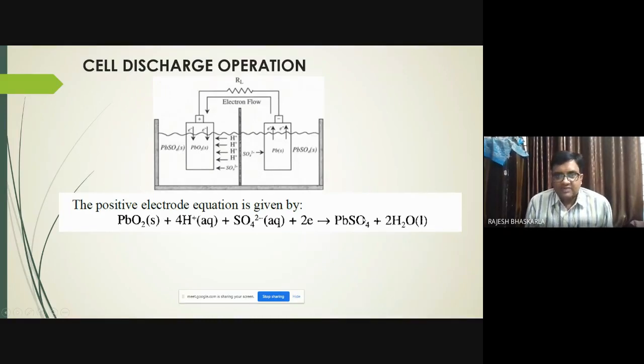Are you understanding what I'm saying? PbO2 slowly disintegrates into PbSO4. So that means PbO2 is not available now. Slowly this PbO2 will be forming PbSO4 at the positive electrode. So this reaction happens at the positive electrode. What do you understand here? PbO2 receives electrons. Am I clear to everyone? If you have any doubts, please ask me. Do you want me to repeat this, or is it clear?